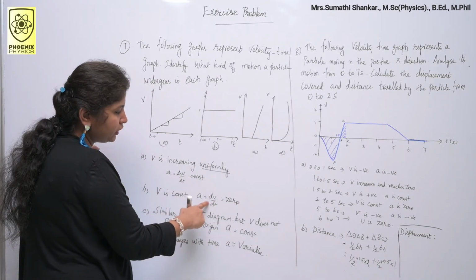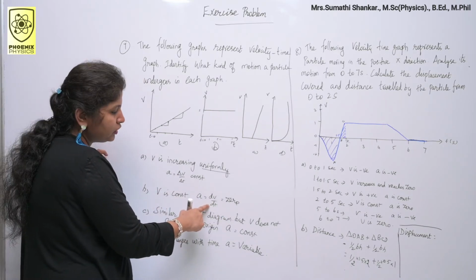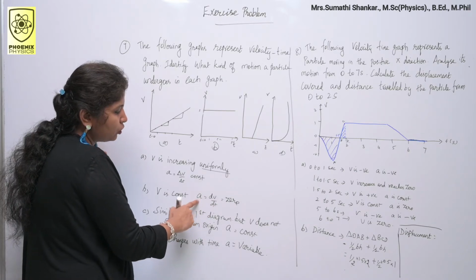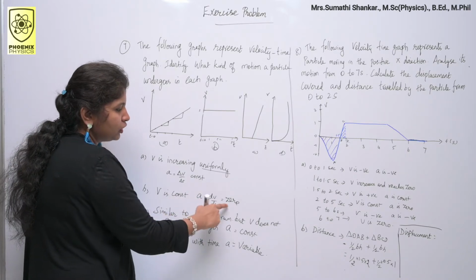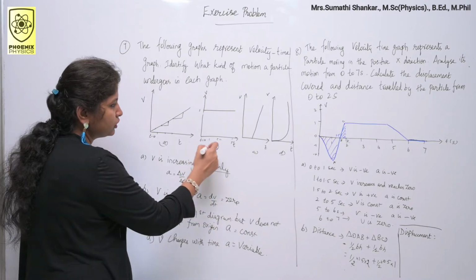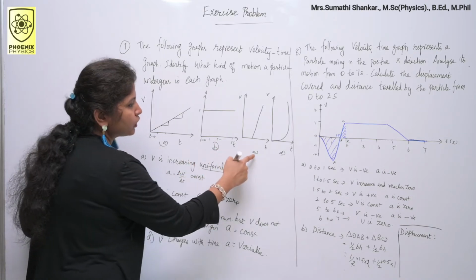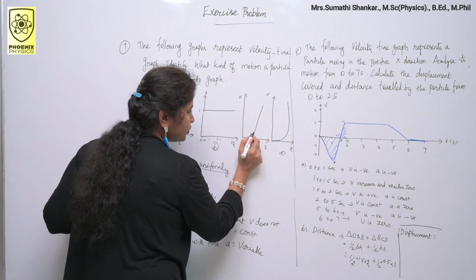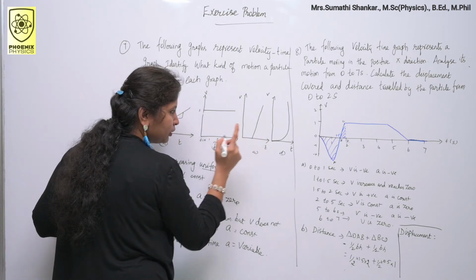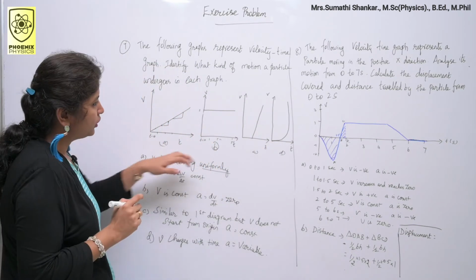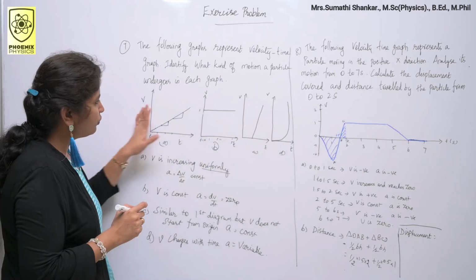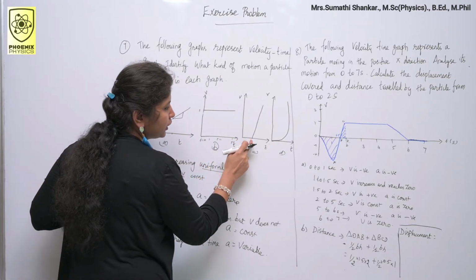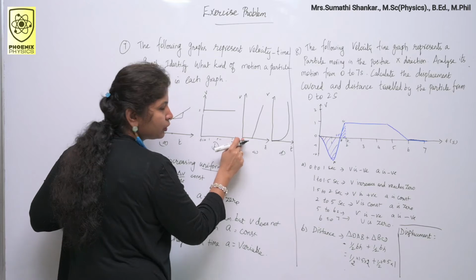You know the formula, dv by dt. dv by dt means differentiation of velocity with respect to time. So v is constant, your a value is 0. This is for second graph. Look at the third graph. Here v increases uniformly, but one difference is there. It is similar to our first diagram, but here v does not start from the origin.